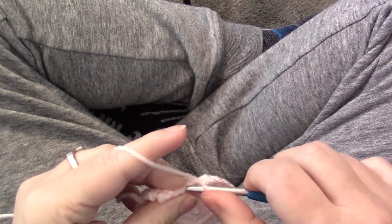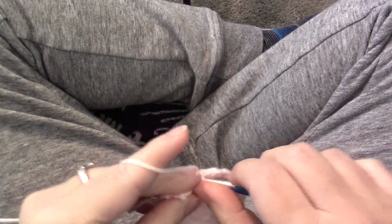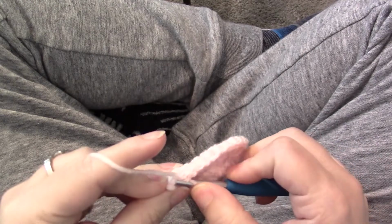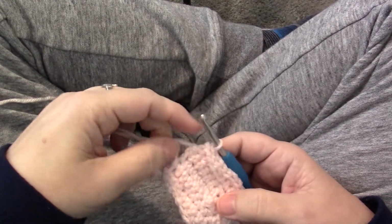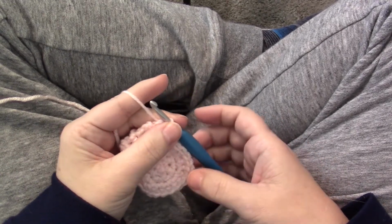1, 2, 3, 4, 5. Alright, so we have a foot shape. Heel, toe. It says, at this point we're going to begin working in rounds, and I'm going to move my pattern